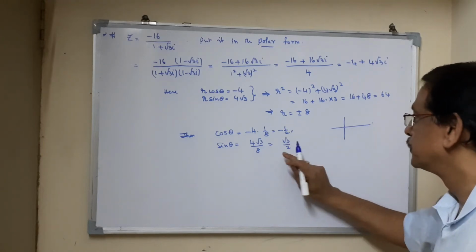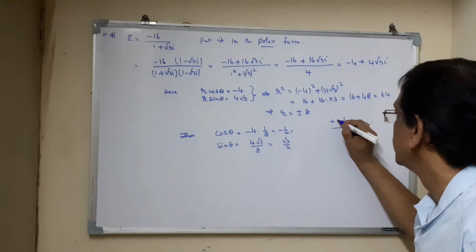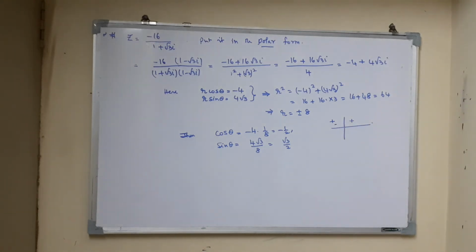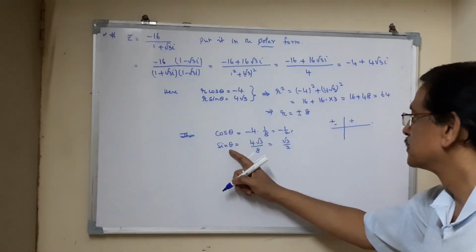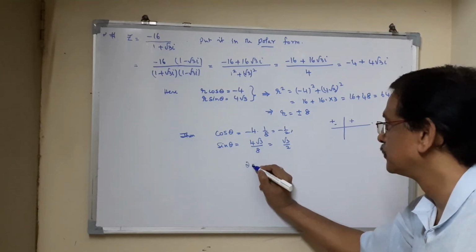Cos is negative, sin is positive. Sin is positive only in these two quadrants and cos is negative. So first of all, let us find out the principal value. The principal value is theta, where sin 60 is root 3 by 2. So the principal value theta is,